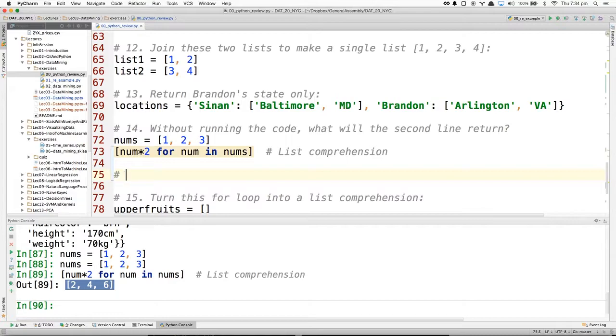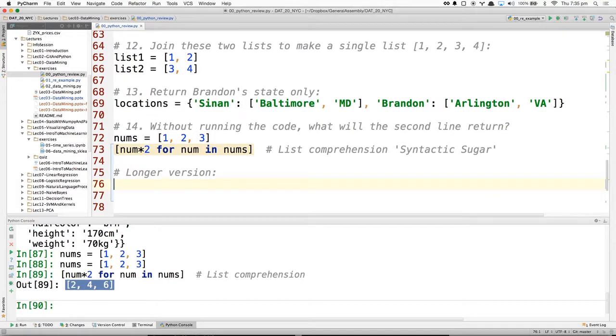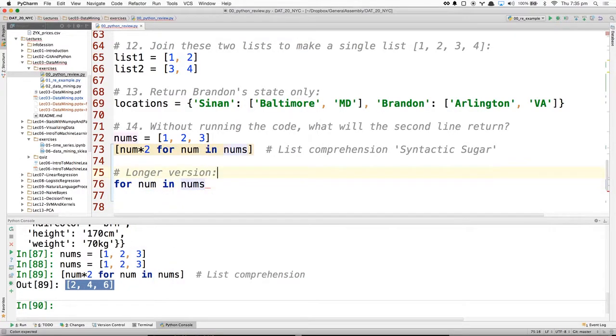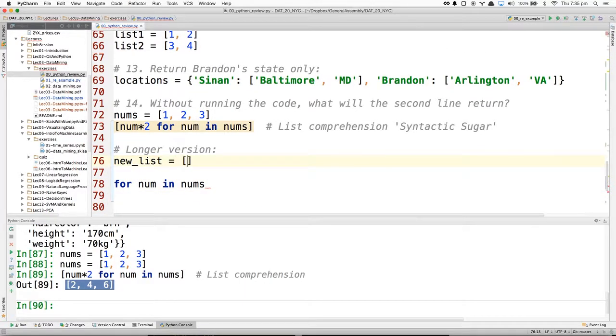The equivalent syntax is what we call syntactic sugar. Here is the longer, non-syntactic-sugar version. I pre-declare an array, which I'll call new list, and create it as an empty array.